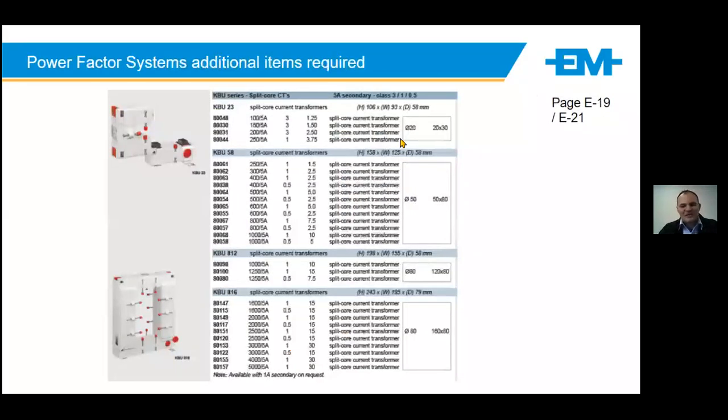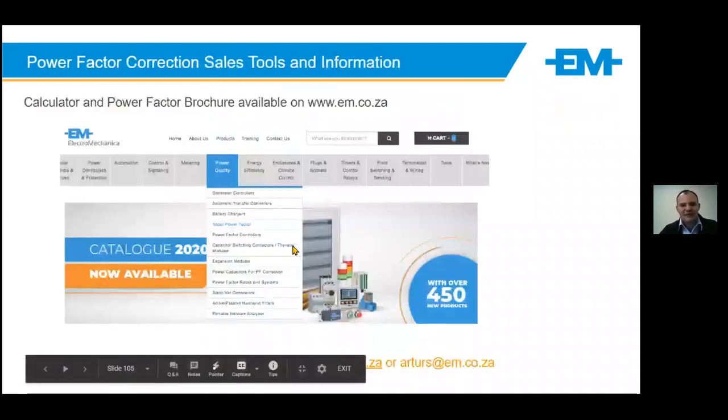Important additional systems: quite often it happens, customers buy power factor systems and they forget the CT. So I'm an advocate for split core CTs. Quite often you might have quite a large bus bar or ACB and you don't want to be disconnecting all the bus bar work. Split core CTs are the way to go. Class 1, class 0.5, that's all available from us. It does make your life a lot easier and faster and safer just snapping in the CT than having to disconnect all the bus bar work on site.